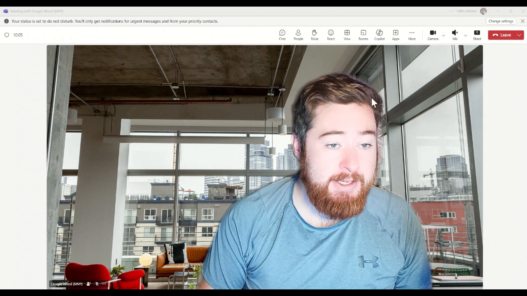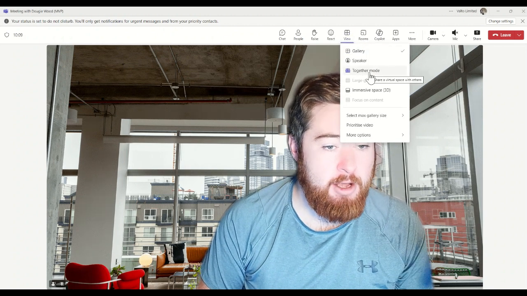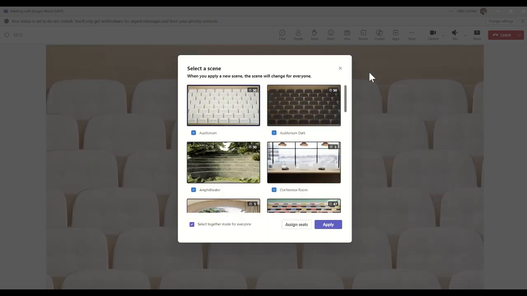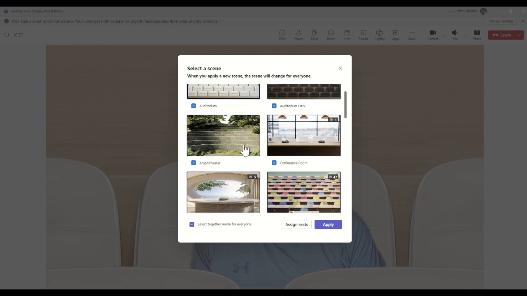Now, it's really easy to enable. All you need to do is click on the view button across the top and then click on together mode. That will then give you the initial default options of what you can choose to make it look like. So we can either use the white seats, the dark seats, almost like an